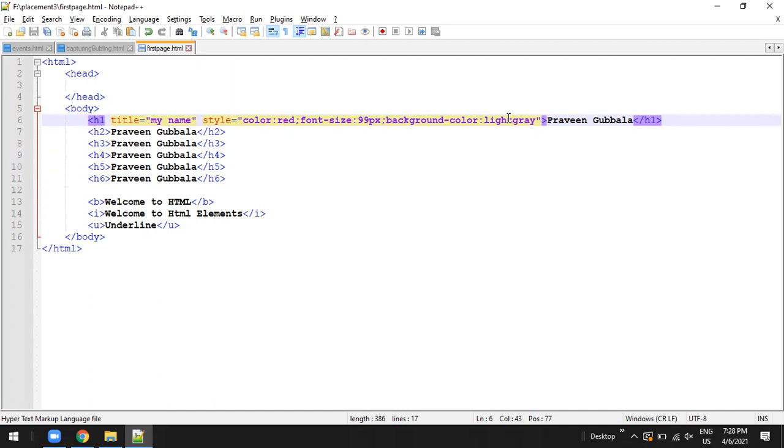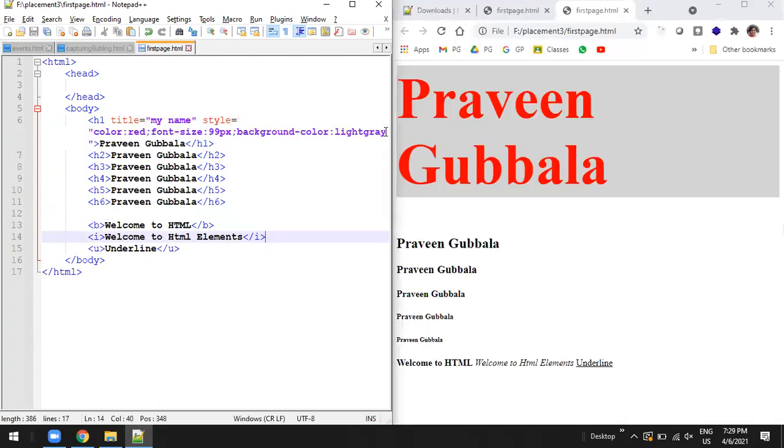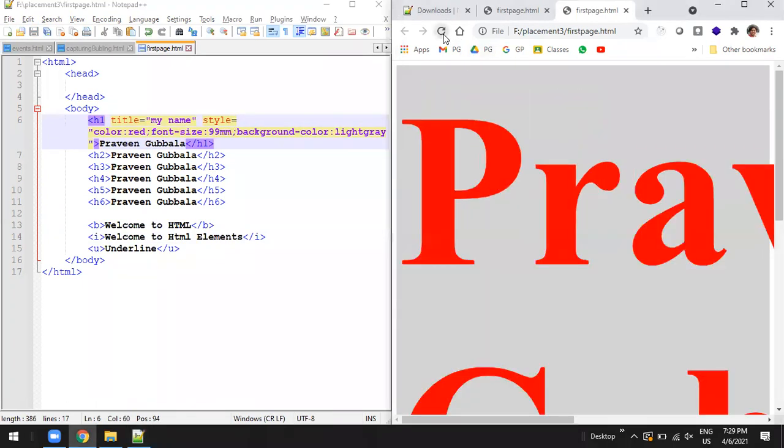These values can be numbers or strings or constants, so many things are there. And this px is called the unit, pixels. Suppose instead of pixels, if I say 99 mm, each letter is 99 millimeters in length.